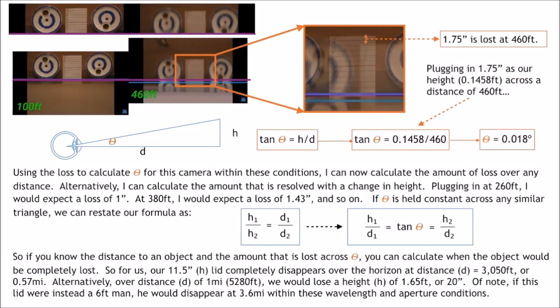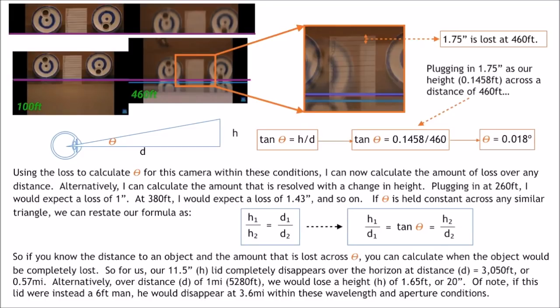So we plug in 1.75 inches as our height, which is 0.1458 feet, across a distance of 460 feet. Using our same diagram as we've done before, solving for theta gives us a very similar angle to what we've gotten before, which is 0.018 degrees, very close to our 0.02 degree, 1 arc minute human eye resolution